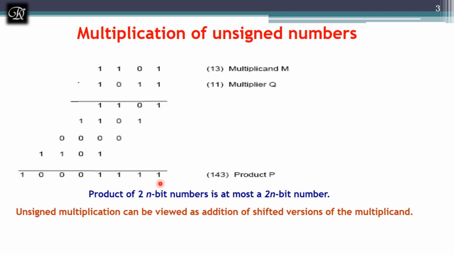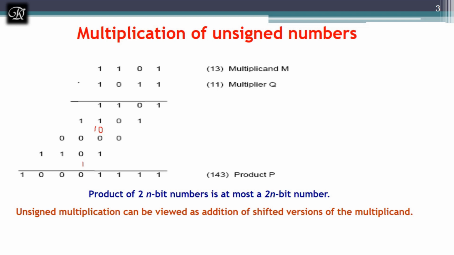1 remains as it is, 0 plus 1 it is 1, 1 plus 0 it is 1, 1 plus 0 it is again 1. So I got answer 1. Next I have 1 and 1, that is it is 1 0 now over here, and now it is added with 0, again it remains as 1 0. Now I'll be adding it with 1, it will become 1 1. So I'm writing 1 over here and the carry to the next level.